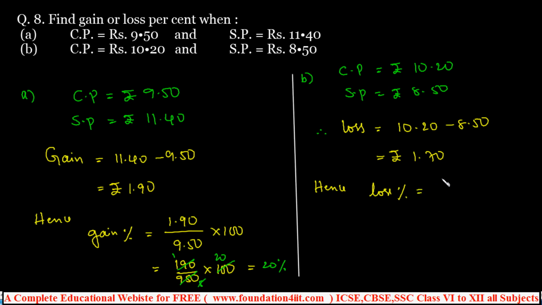Hence from this also we get the loss percentage. Loss percentage is again loss by cost price into 100. Loss by cost price 10.20 into 100. You can write this as 170 by 1020 into 100 for better calculations. You can do it like this. Okay, then the zero cancels, same, 1700 by 102. So convert it to a mixed fraction: 16 2 by 3%. I am just writing it also for direct reference.